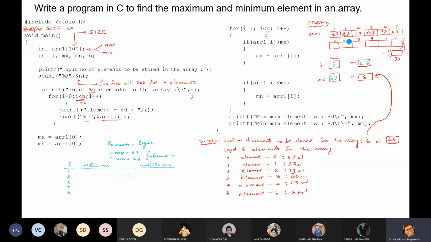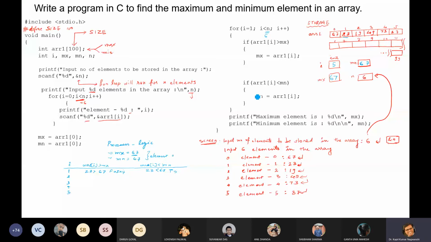The first element is 23. So it is compared: 23 is greater than what is the current value of mx? It is 67. So whether this condition is true or false, it is false. Similarly, here 23 is less than 67. It is true. Now, upon a true condition, what will we do here and what will we do here? Let us see. In this particular condition, if it is false, it will simply skip.